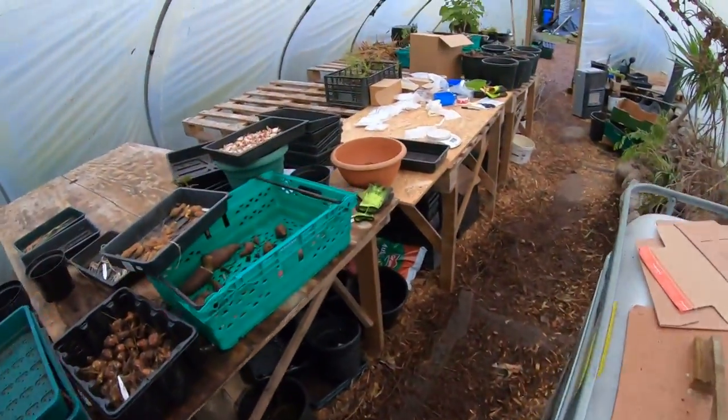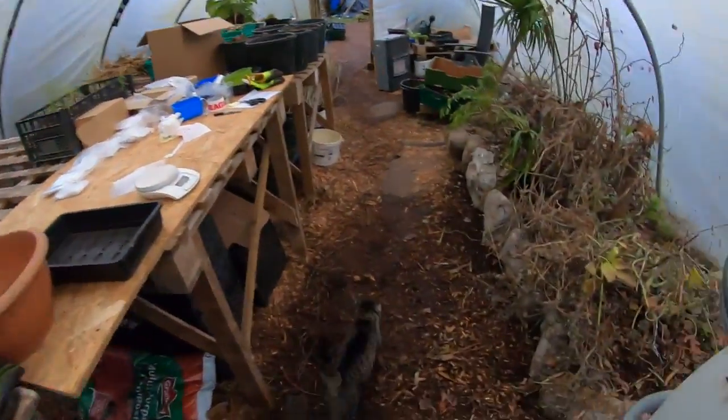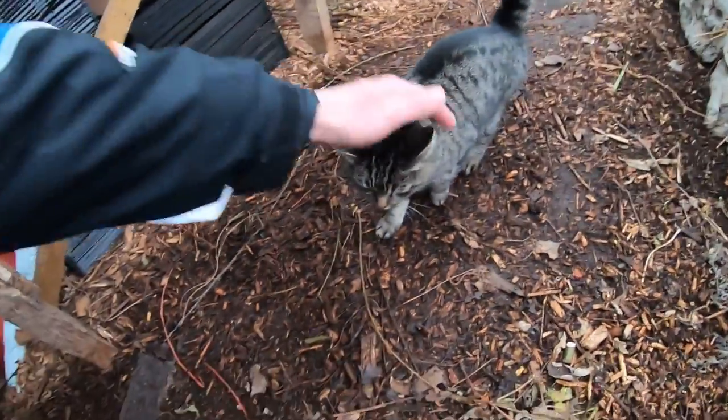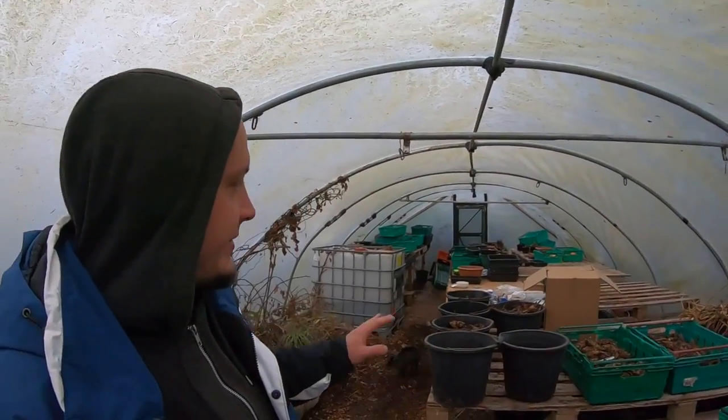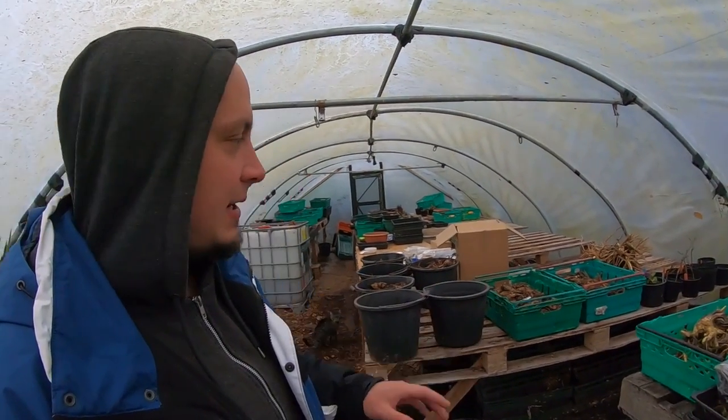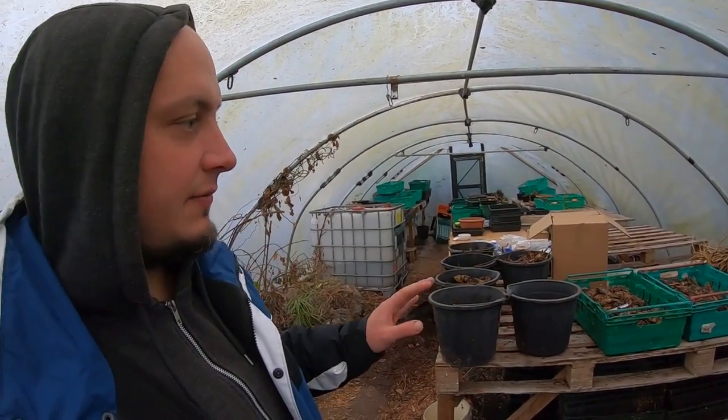So this greenhouse here, and here's the mother. She makes sure that the mice don't come in here and nibble at our tubers, or even take the seeds out of the trays. So these tables here are normally used in the summertime to propagate plants, but what we're going to do is, 2 of them we're going to